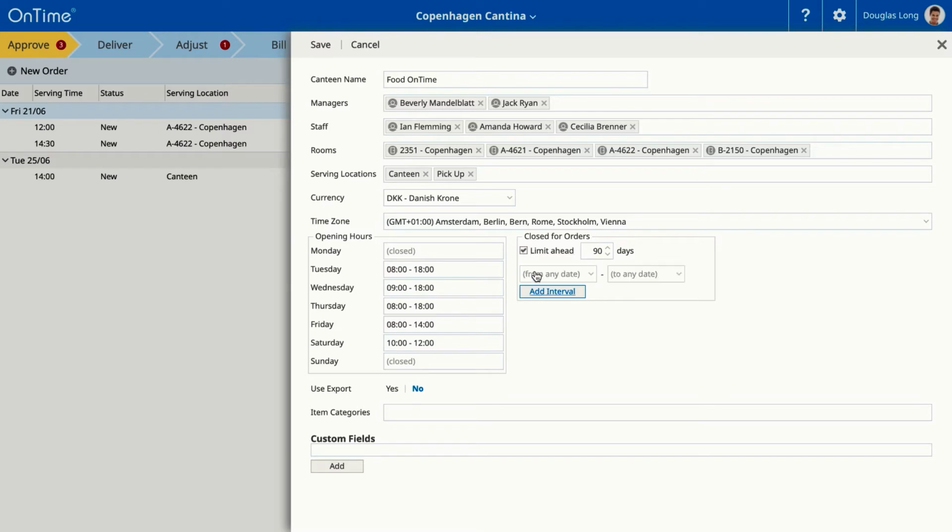Right below, I can add intervals where the canteen is going to be closed. This could be if we are closed for a week during summer, or if we had to close the canteen for some reason on a Thursday where we would usually be open. I just put the time period in here, and if it's only one day, I just have to put the same date on both sides. I can have several intervals here, making it easy to plan ahead,